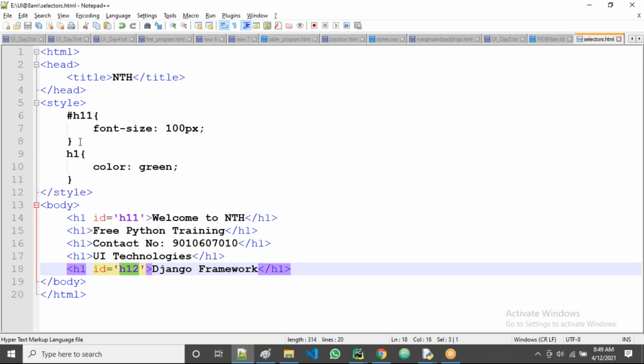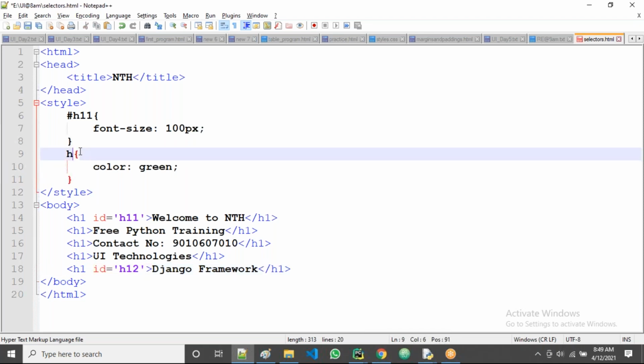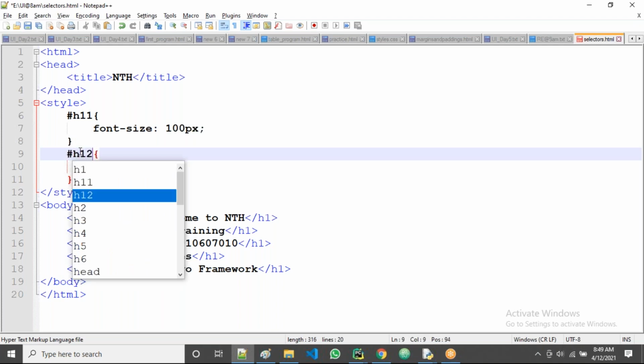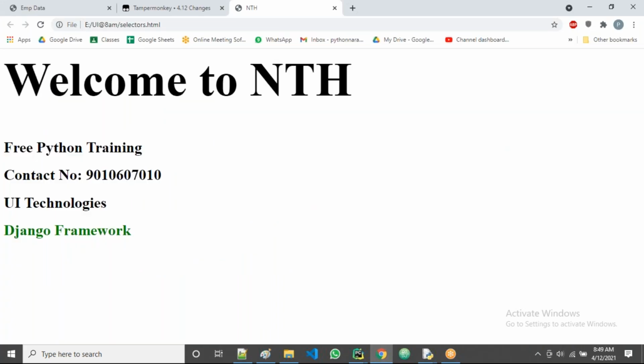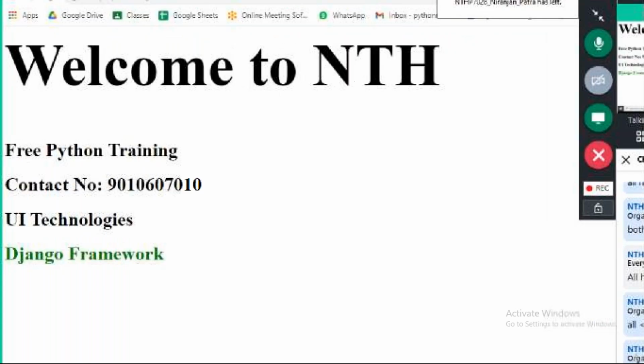Now I'll go here. ID means I will start with the hash, then H12. That's all, guys. Now all of you observe. Now I'm going to the browser and running the program. If I refresh now, you can see what happened here.